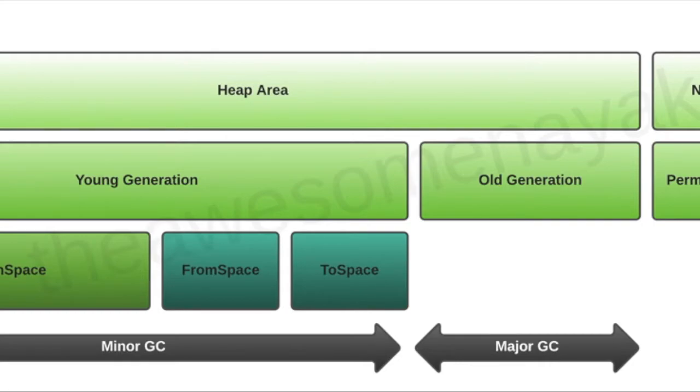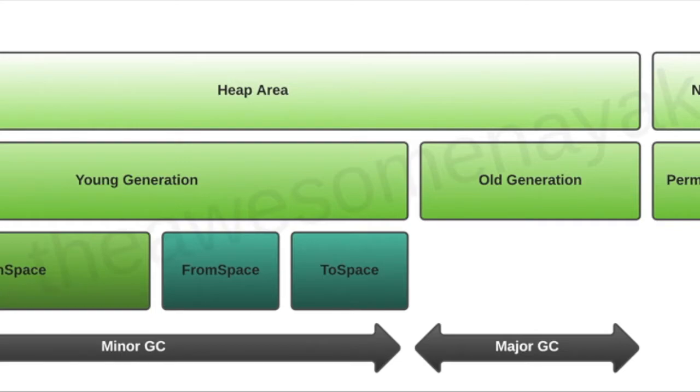So we will take advantage of this pattern. What the generational garbage collection strategy actually does is divide the heap area and non-heap area into parts based on age. There's a young generation, an old generation, and a permanent generation. Even the young generation is divided into three parts: Eden space, from space and to space. Initially, when an object is created at runtime, when the program executes, this object will get memory in the Eden space area.